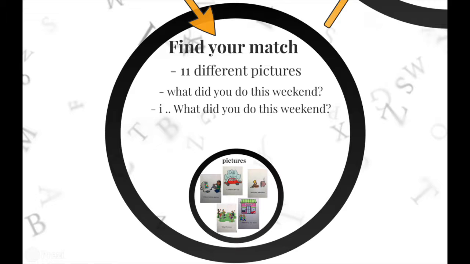The goal is for the pupils to find the classmate with the same picture as them by walking around the classroom asking their classmates what they did this weekend. The question that the pupils will have to use is written on the whiteboard in both English and Swedish. What did you do this weekend? And then the answer that you will reply with is